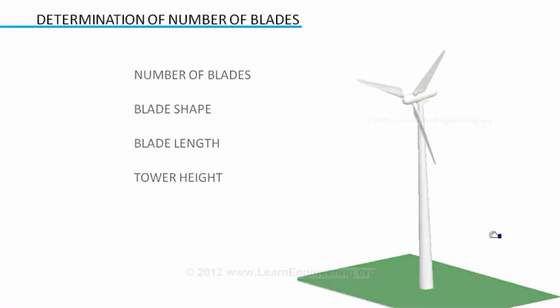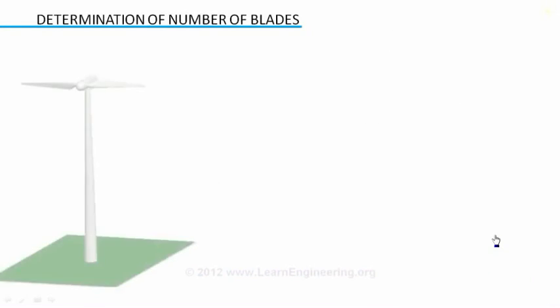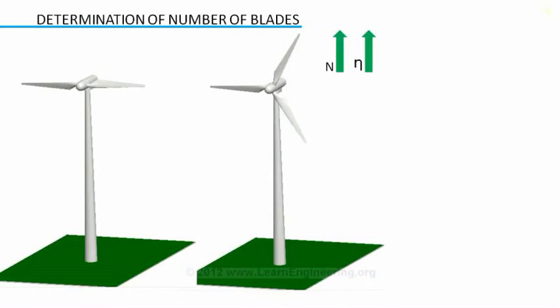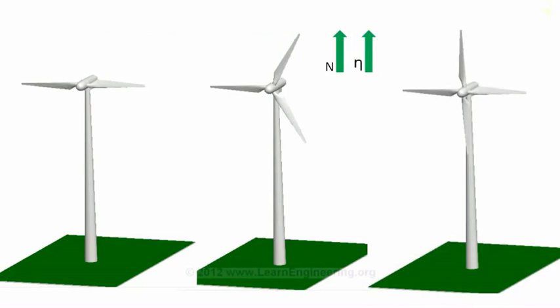As the number of blades on a wind turbine increases, aerodynamic efficiency increases, but in a diminishing manner. When we move from 2 blades to 3 blades design, there is an increase in efficiency of 3%. But when we move from 3 blades to 4 blades design, the efficiency gain is marginal. As we increase the number of blades, the cost of the system increases drastically. Along with that, mechanical design